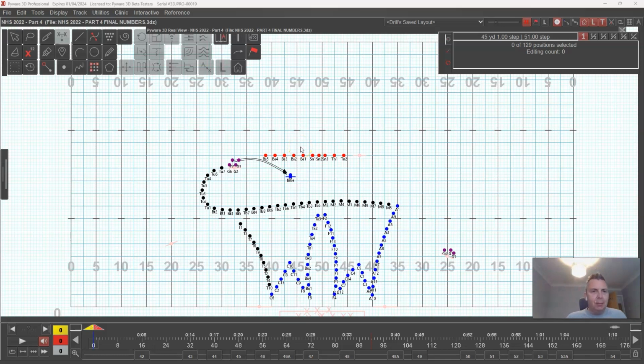Today we're talking about the clinic menu and some of these analyzers that can help you. The analyzers are really nice to look over your drill before you send it off, before you present it to a client, because they analyze and look at things like stride and collision and continuity, direction. If everyone moves this way and then moves that way, it'll show you, hey, that might be a little